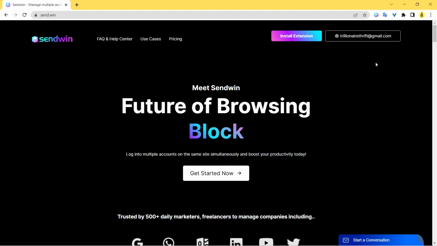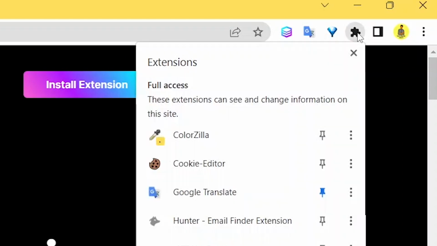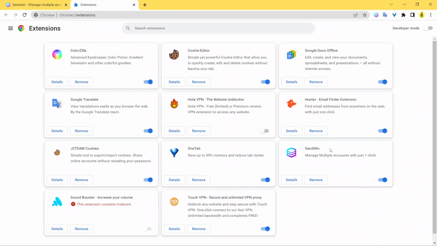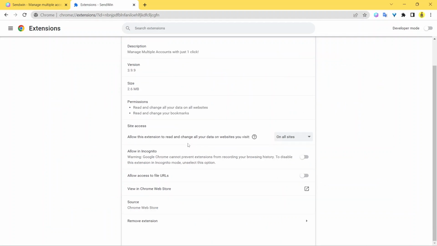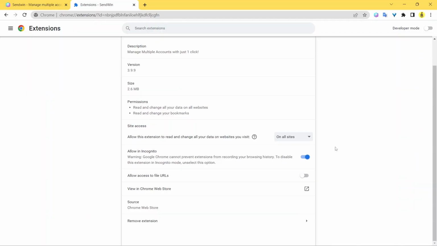So first you need to enable it for the incognito mode. You can do that by clicking on this extension icon that you see on the top, and then going to manage extensions. It should be the last option, and then you should see Sendwin somewhere. Click on details, and once you click on details, scroll below and you should see allow in incognito. This is the main option that you need to enable in order to access Sendwin in an